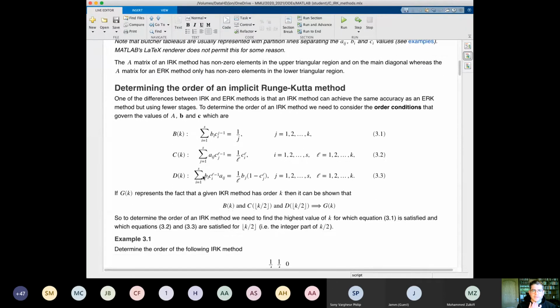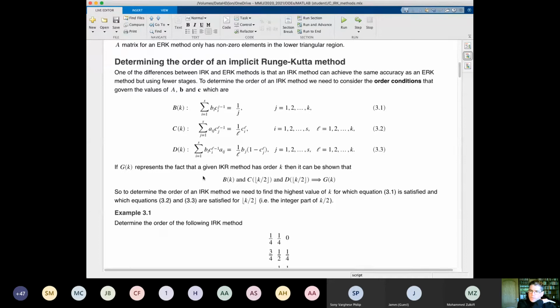Now, with implicit Runge-Kutta methods, the order of accuracy is not necessarily the same as the number of stages in a method. So we can use these order conditions I've got on the screen here to determine what the order of our methods are. If we're presented with a method, we don't know what order it is, we can use these order conditions